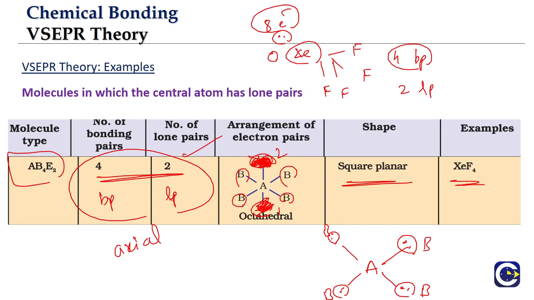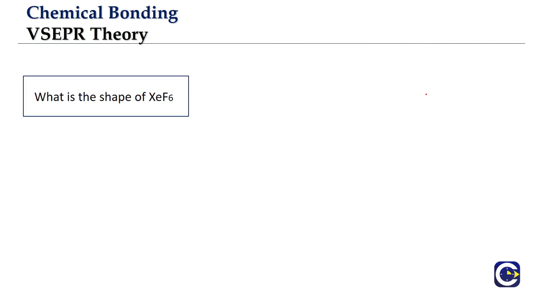So normally when we talk about the Lewis theory and all that, we say that noble gases do not participate in chemical bonding, but we see that noble gas elements like xenon and radon are able to form stable compounds. Xenon will be forming stable compounds with both oxygen as well as fluorine. We'll study about them when we go to the P block in the +2. Okay, so this is about the shape of XeF4. We'll look at some questions.